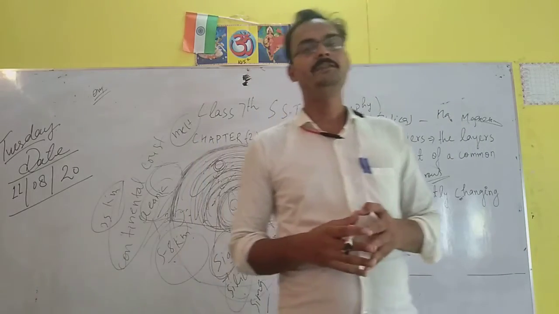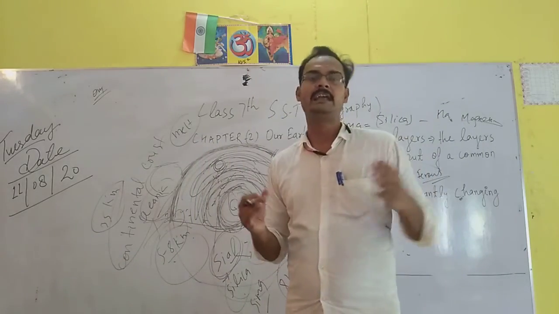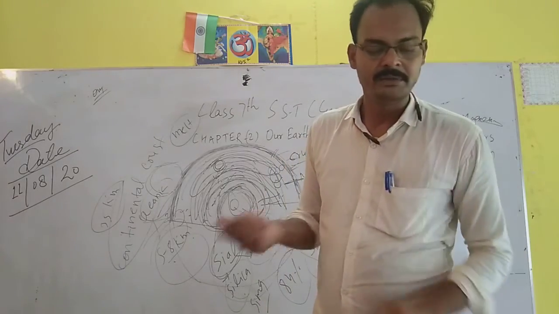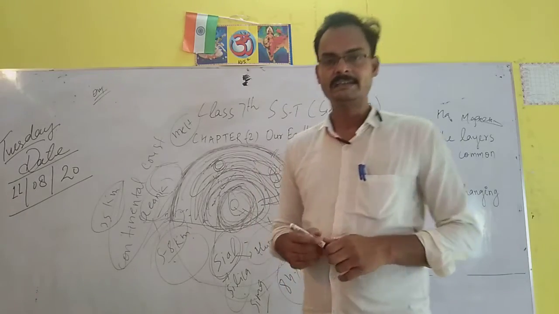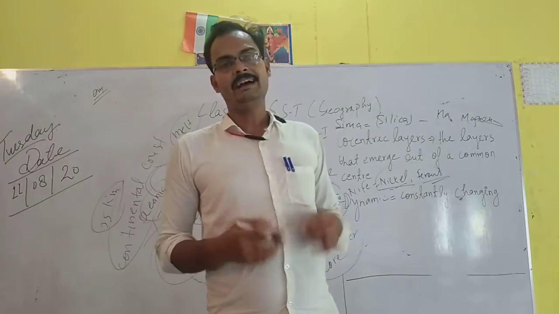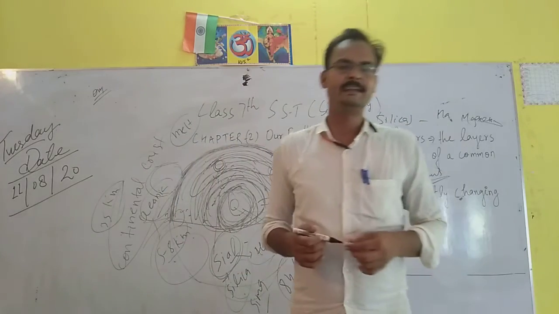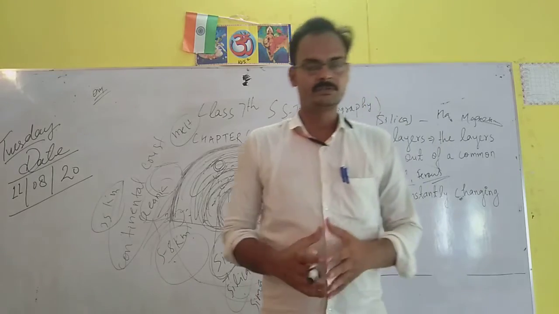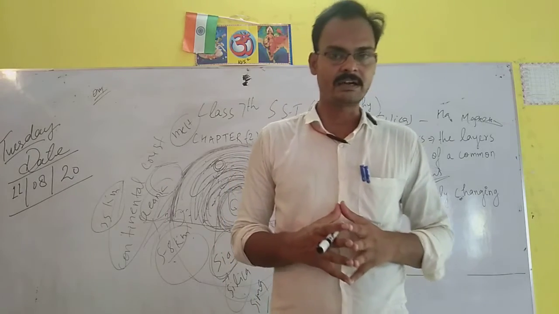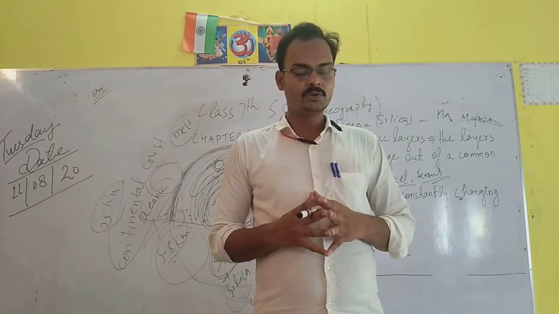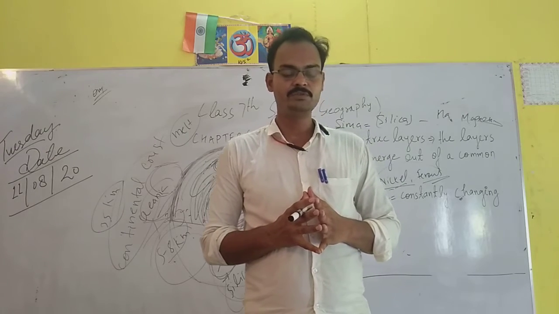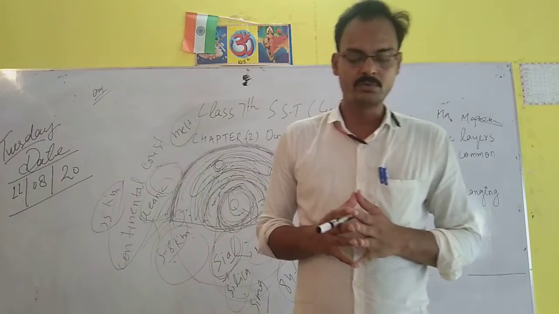If they are in liquid form, we can see it as clay. And if it is in solid form, it is rock, or granite. There is granite stone. So it is as hard as granite and as soft as clay, that means mud. Granite is also a hard material. So you have to understand, minerals are those naturally occurring solid substances that have a definite chemical composition. They may contain one or more than one element.